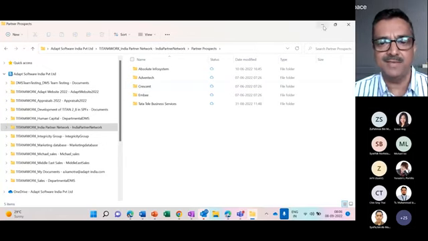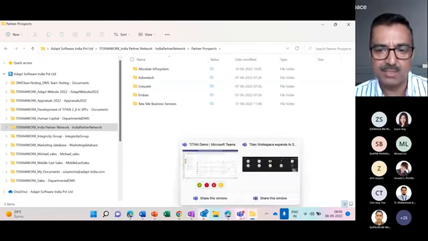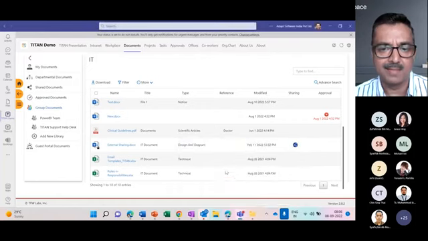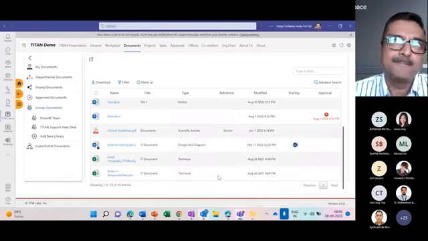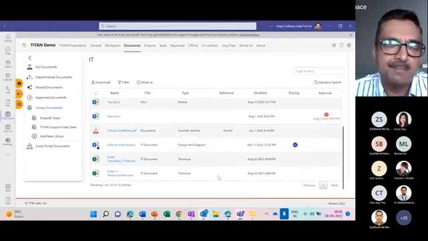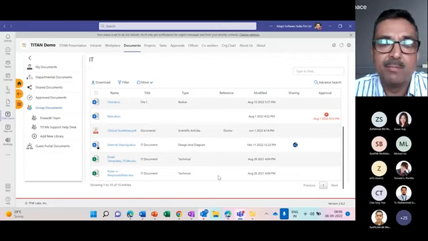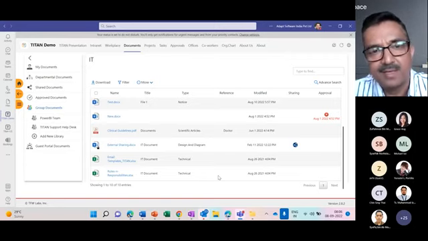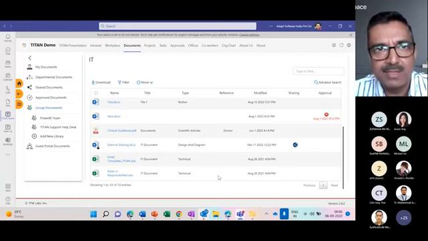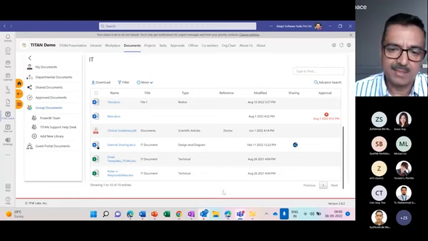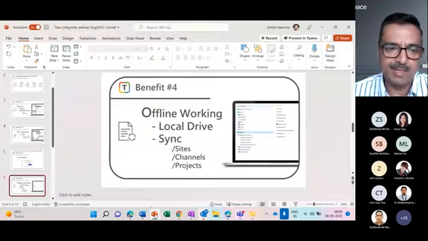So this is the feature that we wanted to talk about today, that how Titan can really help business users to leverage more power of M365 and Microsoft Teams without learning SharePoint, without any technical skills, and without any trainings. So my next slide would be based on